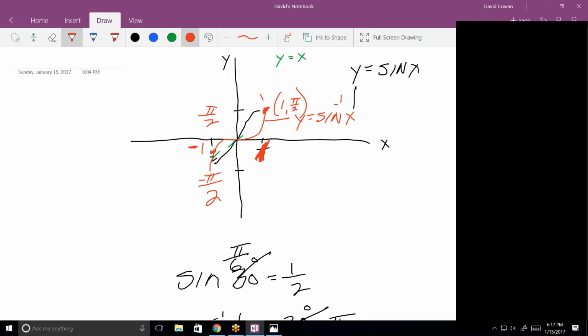What's the inverse sine of negative 1? The inverse sine of negative 1. Negative pi over 2. Correct. All right. Now that you understand that,